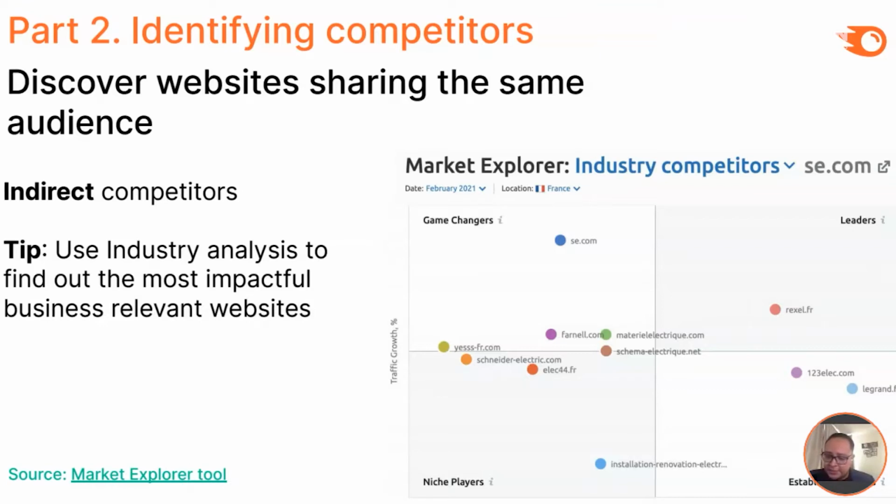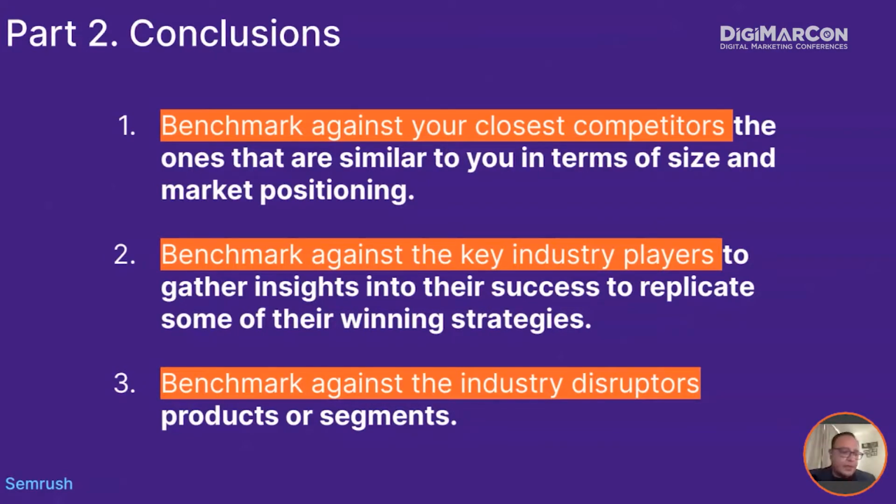Some of them are just blogs around all these services, and when we add all this information to our Market Explorer, the Grow Quadrant flow, it's going to be easier to identify who are not our main competitors, so who are not the direct but indirect competitors. This information is really relevant to see what other portion of the market we can also engage or attract to have more reach.